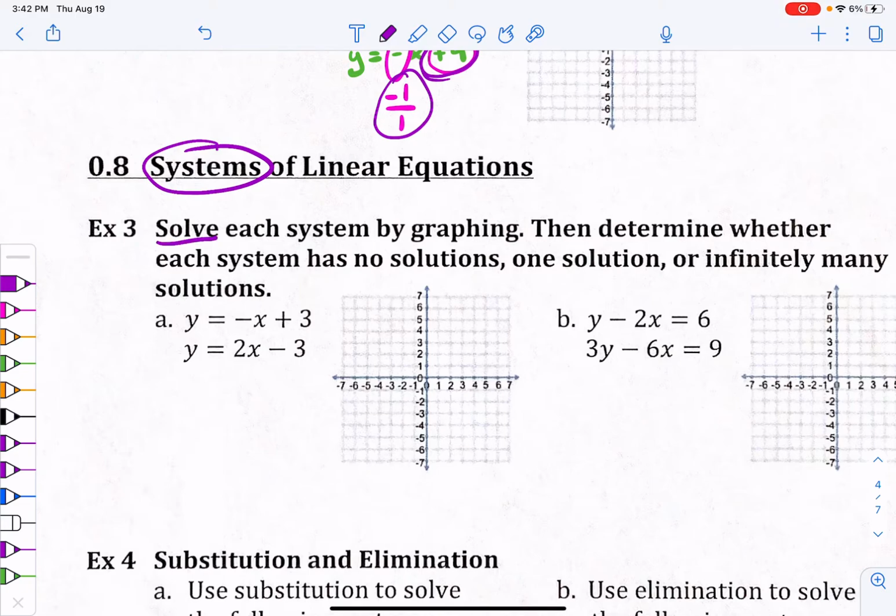Okay, so when we're solving the system, we're going to end up with two lines that are intersecting, and we're trying to find that place where they intersect each other. Okay, so these two functions are already put in y equals mx plus b form,